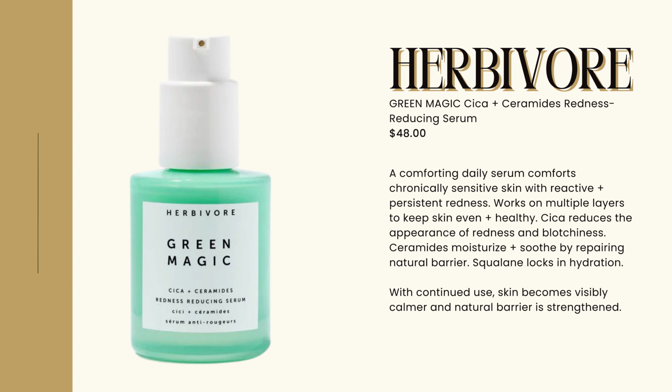All right, let's go on to skincare. I have one skincare item that I do want to talk about, and that is the Herbivore Green Magic Cica and Ceramide Redness Reducing Serum. This is a lovely serum that is very, very hydrating. If you have dry skin, this would be fantastic for you. If you have skin that is reactive and gets irritated,